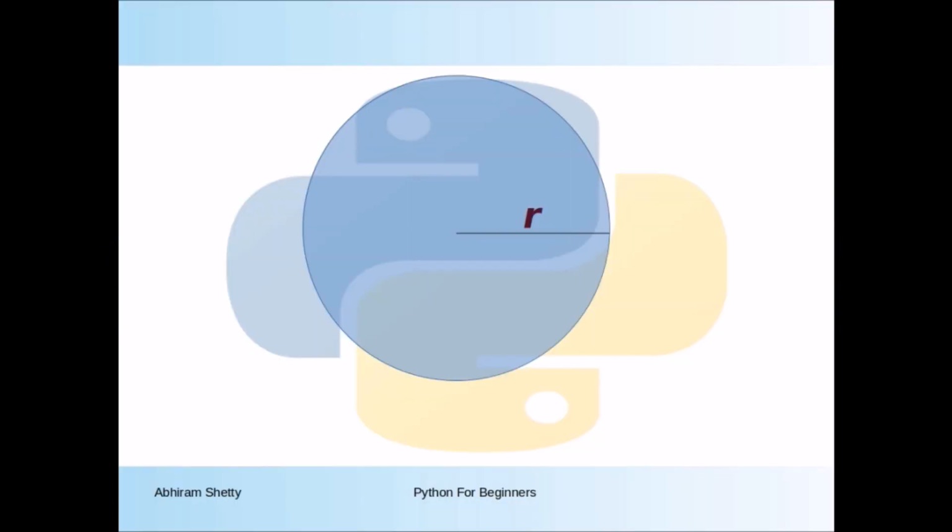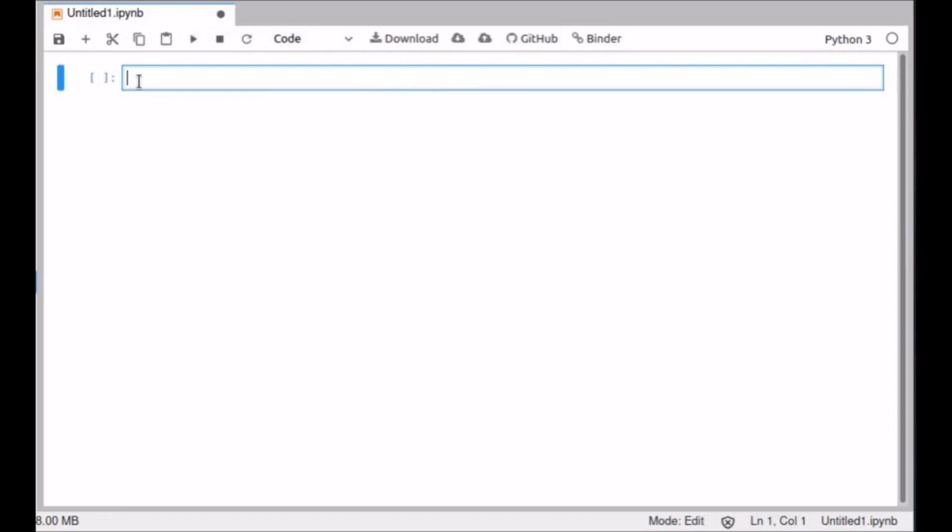Today let us learn about variables and assignment. Consider we need to find the area of the circle with radius r. We know the formula: area is equal to pi into r square. If the given radius of the circle is say 6 units, area can be calculated by pi, that is 3.14, into 6 square.